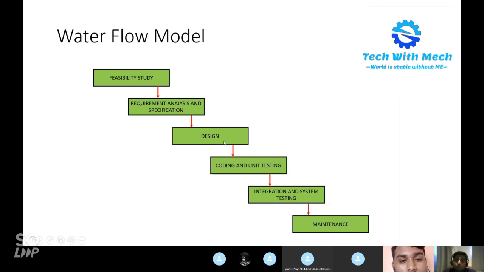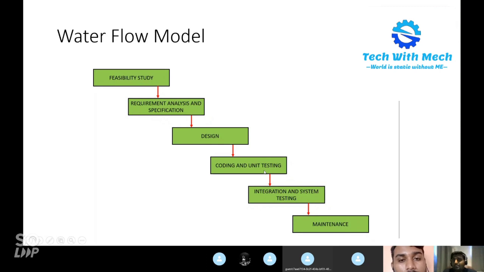Then comes the design. It's about the system design: how the whole system needs to work, how the flow needs to be, when it needs to alarm the security, and the positive and negative cases. Everything they need to plan. Design is like a blueprint of the system, so you know the in and out of the system. Once you have the blueprint, you start coding, which is the programming of the steps, like building up the machinery in mechanical terms.